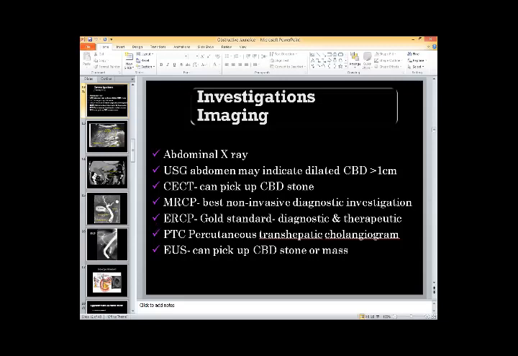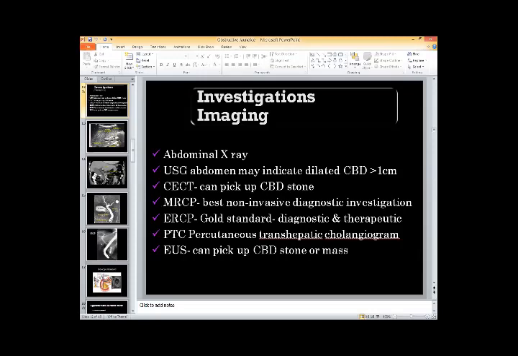Similarly, MR is magnetic resonance, and ER is again endoscopic retrograde cholangiopancreaticogram. This is a gold standard investigation because it is both diagnostic and therapeutic. You can diagnose a condition and then you can also treat a condition. You can take biopsies and you can remove the stone. You can place in a stent. You can remove some polyps or whatever, tissue or something like that. So it is both diagnostic and therapeutic.